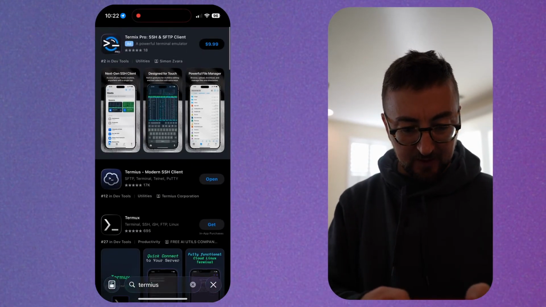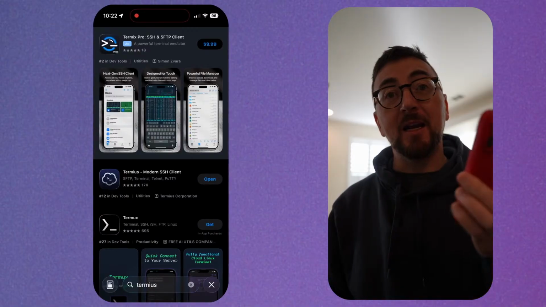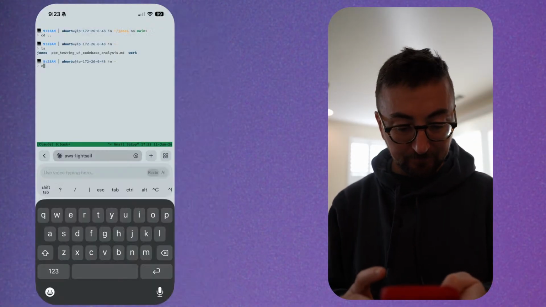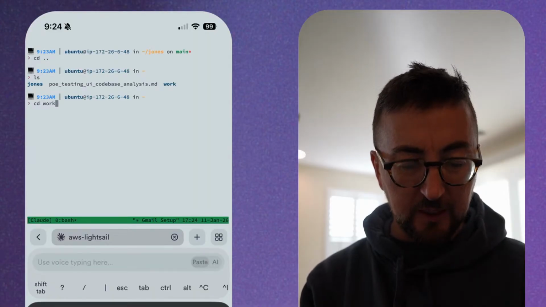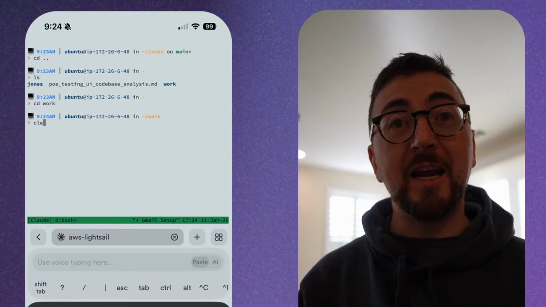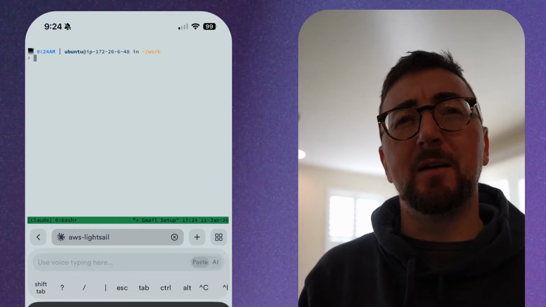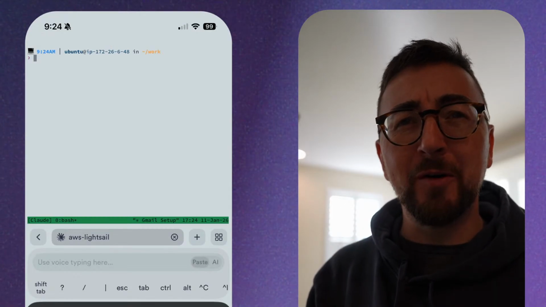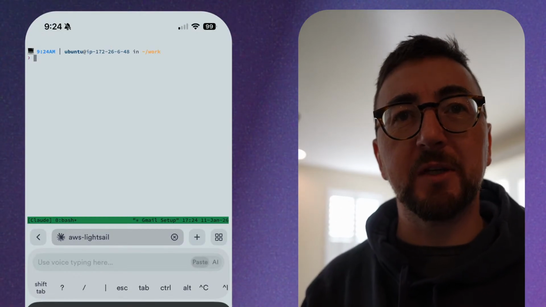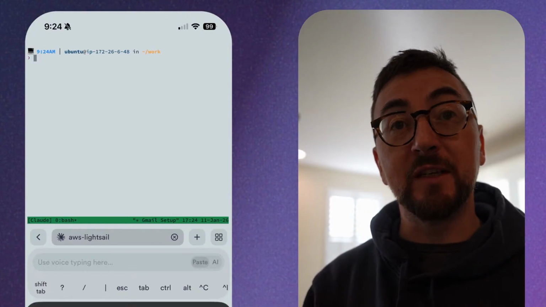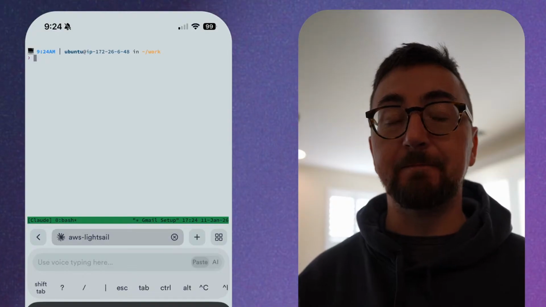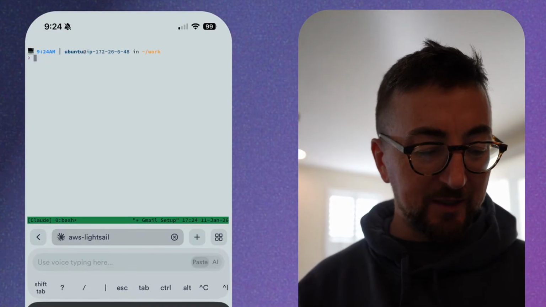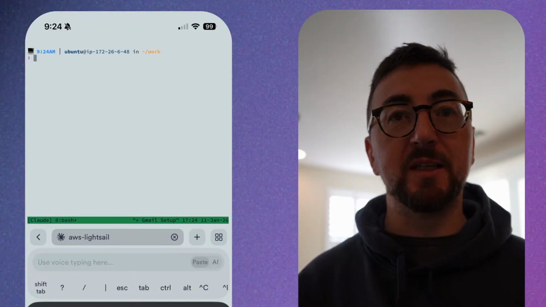So I go to the Termius app. I then click on my VPC, which I have in DigitalOcean. It'll then bring up a shell on my phone. I have tmux set up, so it will restart every single time I run this. So every time I open it, it opens with the same state, so I can